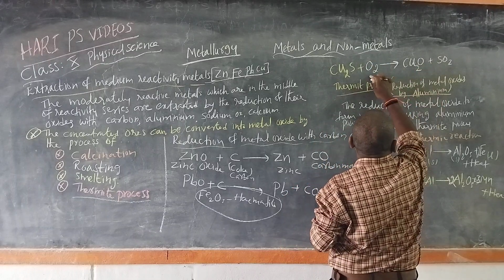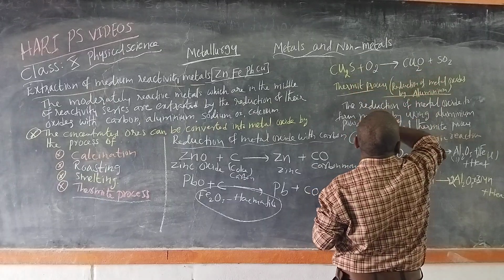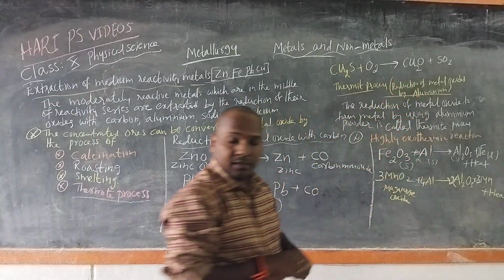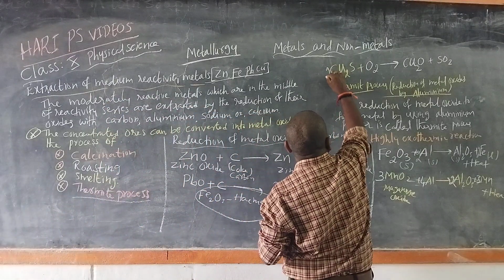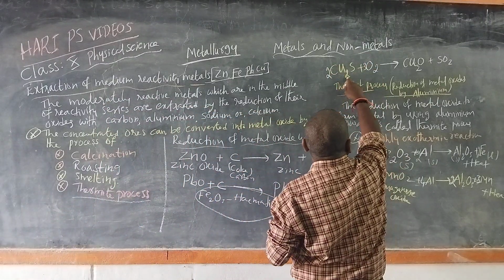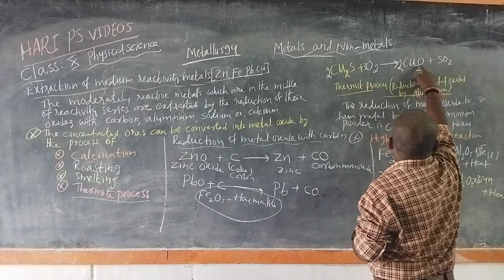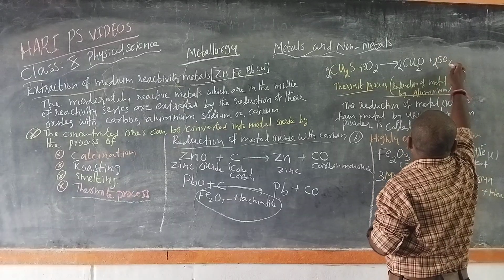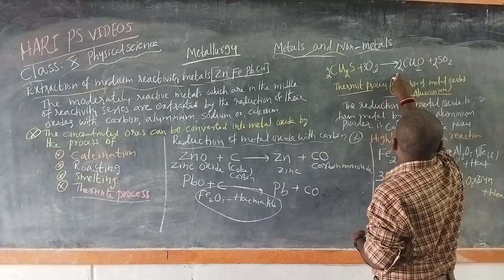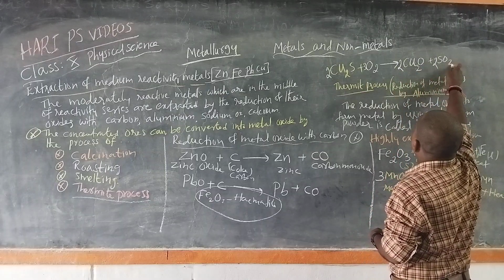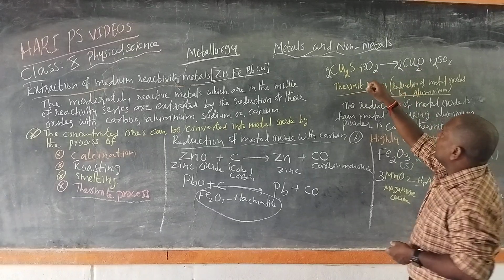2 Cu2S plus 3 O2 forms 2 Cu2O plus 2 SO2. The oxygens are different, so we can write the correct equation: 2 Cu2S plus 3 O2. Copper 4, sulfur 2, oxygens 6 on both sides. Then after this,